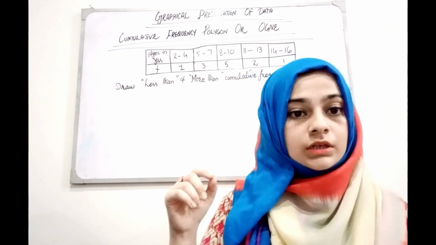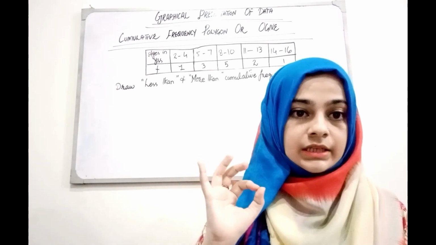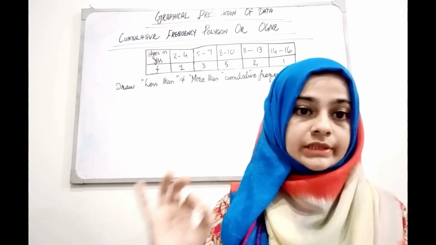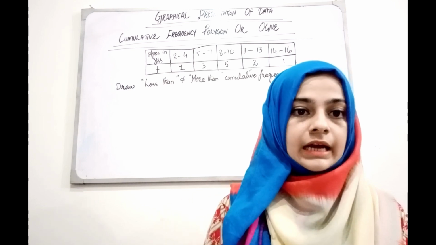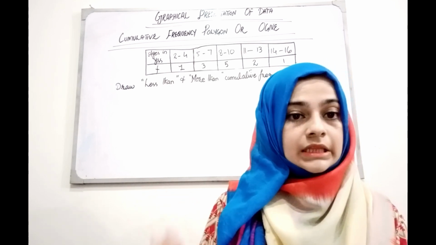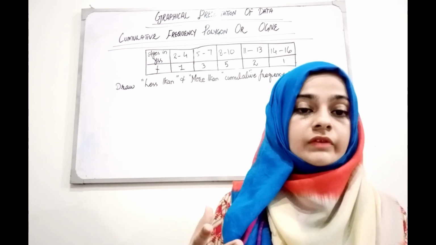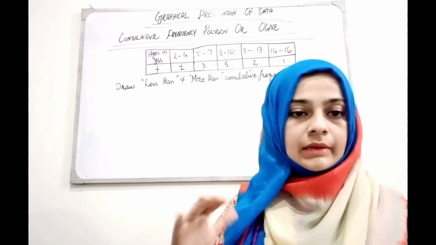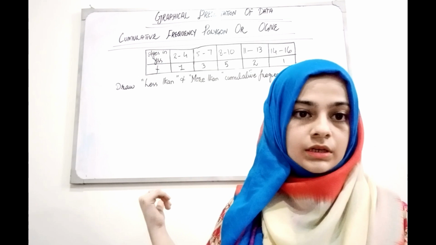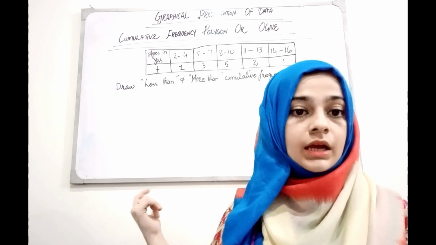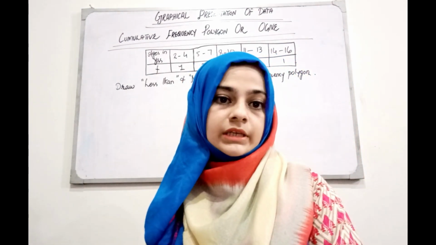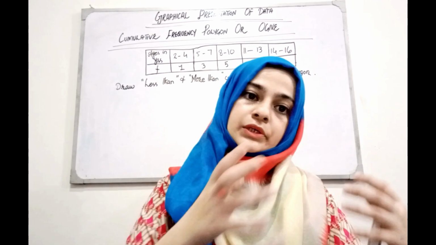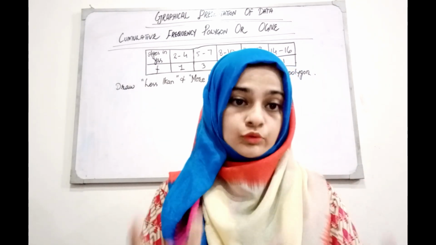So for constructing the cumulative frequency polygon, first we need to make a table for the less than type and more than type. In the table, we will calculate the class boundary, and then the cumulative frequency distribution on the basis of the less than type and its cumulative frequency, and the more than type and its cumulative frequency. Let's see how to make it.